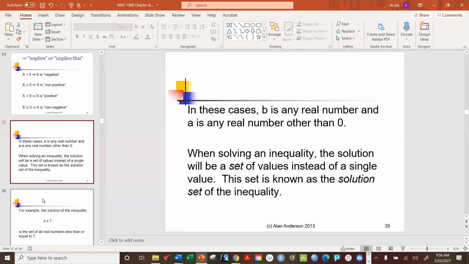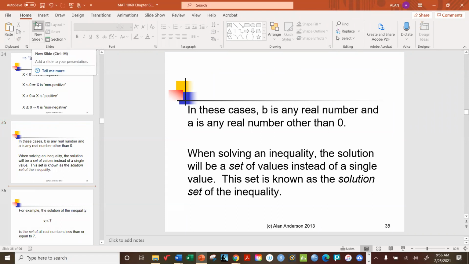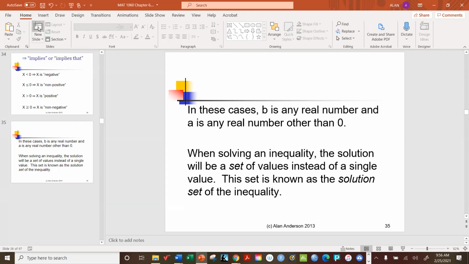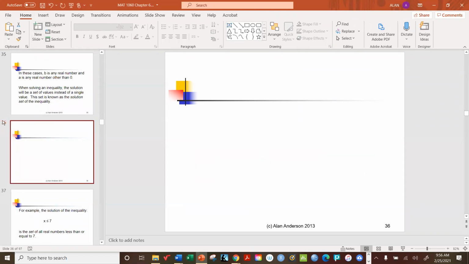Well, now here's what's different about solving for inequalities. Let me just show you a graph real fast. This is what we're building up to. We're not trying to introduce a new concept here, but what we are trying to do is explain how to solve for an inequality. And there's a couple of important differences here that I want to remind you of. First of all, when we have an equality, as we saw earlier,